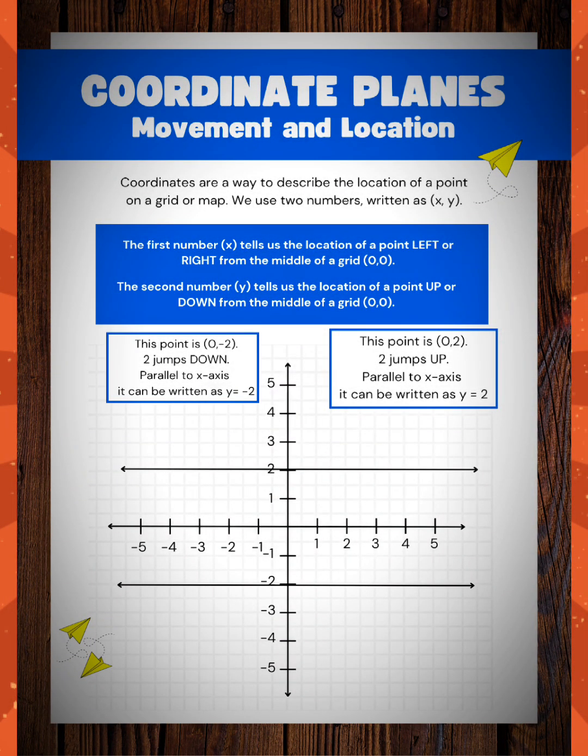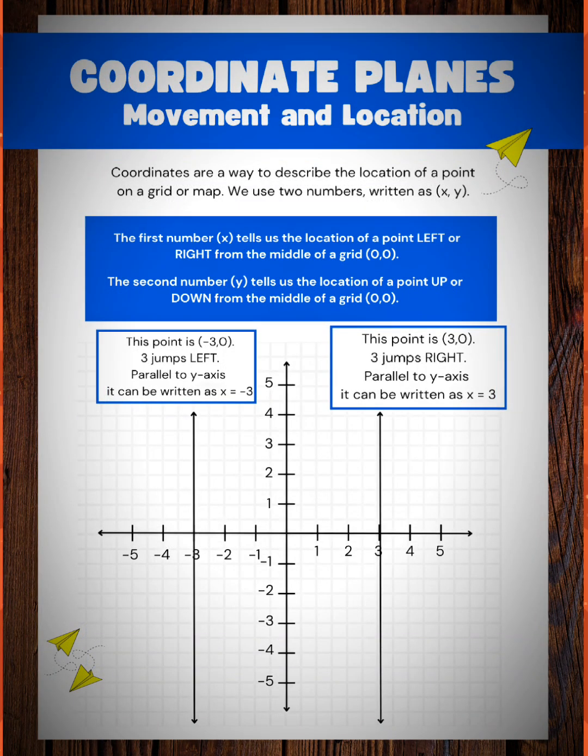Now let's take an example, a very unique and easy one. Let's suppose a line cuts the y-axis at positive 2, or a line cuts the y-axis at minus 2. It means the line cuts the y-axis above and below, so these lines are parallel to the x-axis. The point is written as (0, -2) and the lines can be written as y equals -2 and y equals 2.